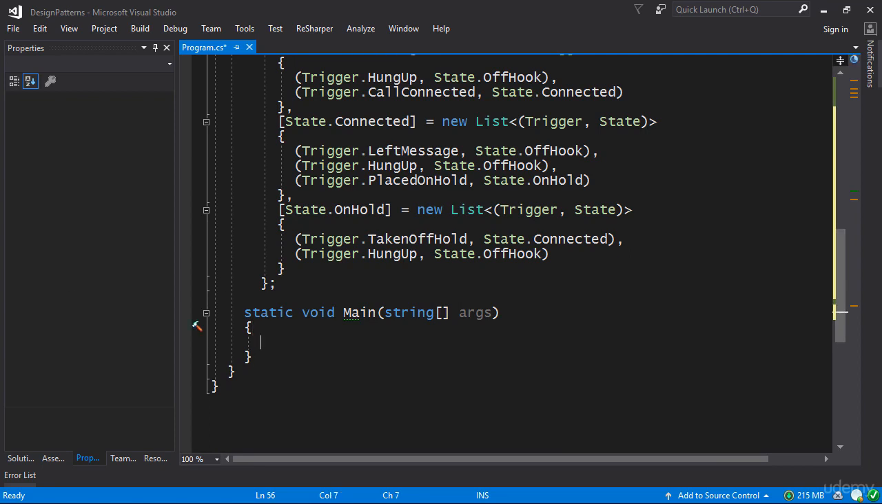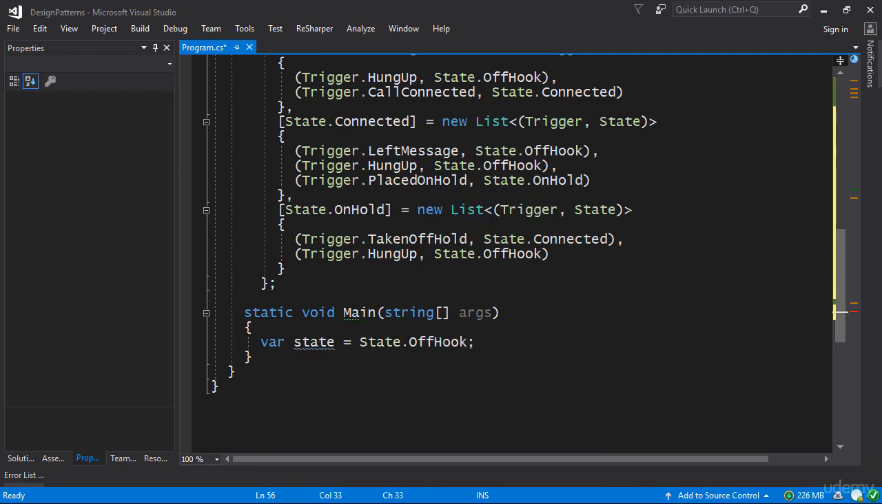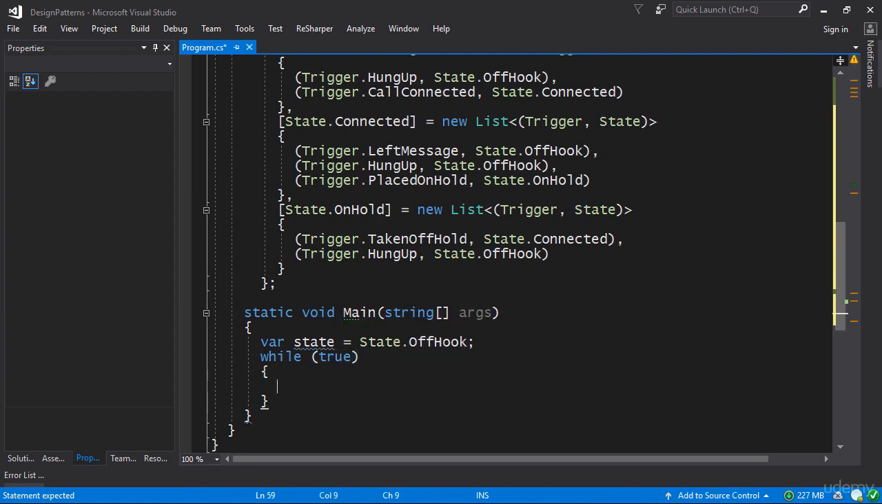So we're going to begin with an initial state, var state equals state.offhook, and from then on we're going to make an infinite loop. There is no terminating condition in my state machine. There is no condition where you actually hang the phone back on the hook. So we're going to have this infinite loop, and first of all, we're going to specify what state we are